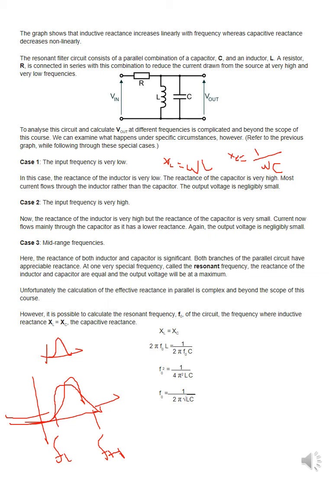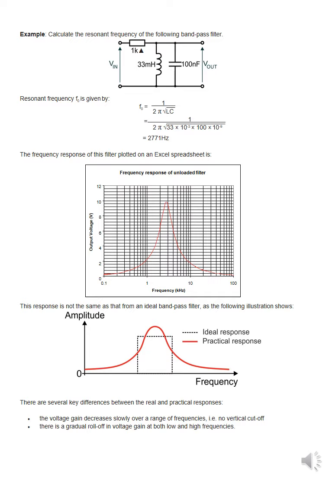Sorry, I'm not able to draw it properly, but it will be something like this, which we draw in the resonance circuit. It will be something like this, and we did the calculation for it in the resonance circuit, but it is beyond the scope of this chapter or course. However, it is possible to calculate the resonant frequency. If it's given like this, then you need to find the resonant frequency of the band pass filter. So just put the values, and that will be the value of this. And if you want to plot it, you can plot it also.